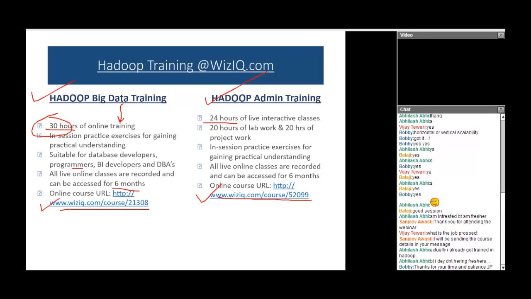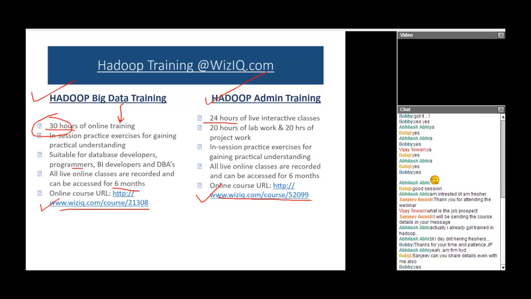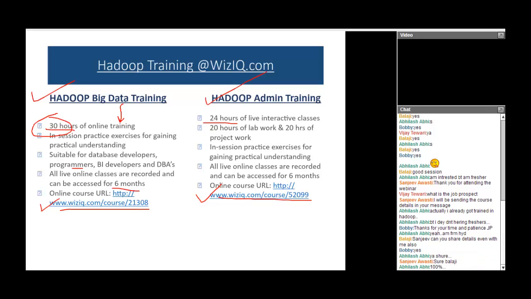Oh, so Abhilash is already trained in Hadoop. Thank you, Bobby. Appreciate that. I hope it has given you some revision. So how did you like it, Abhilash? You have already been trained. Did you like this demo? Was it useful to you? So everyone, please